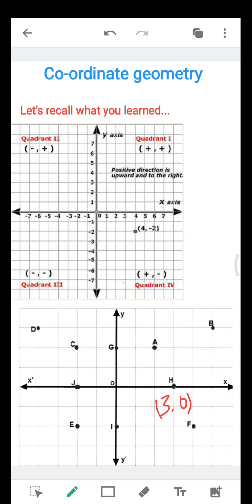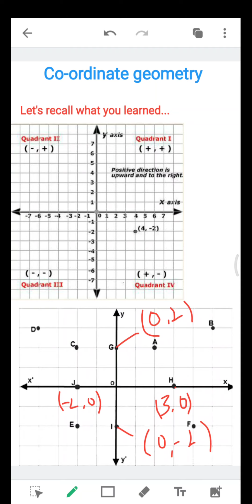What is the point J? J is minus 2 comma 0. Then what is the point G? G is 0 comma 2. And what are the coordinates of I? I is 0 comma minus 2. So you learned how to plot different points on the graph